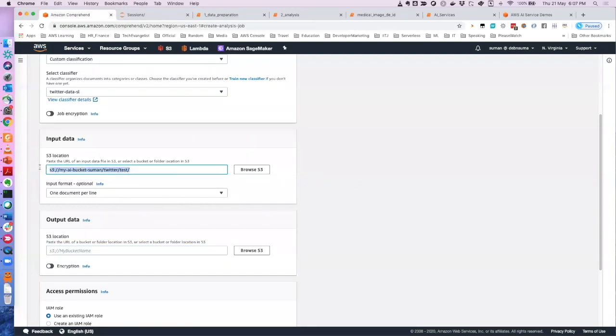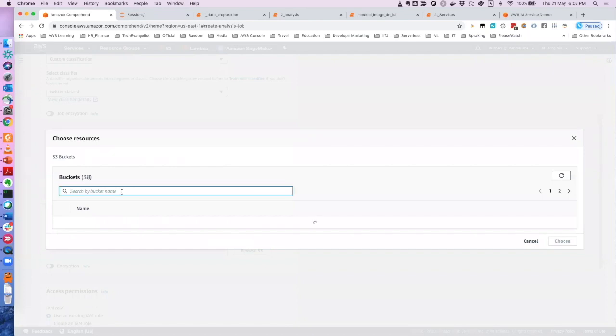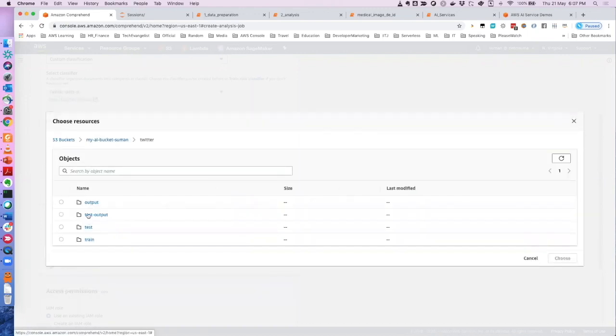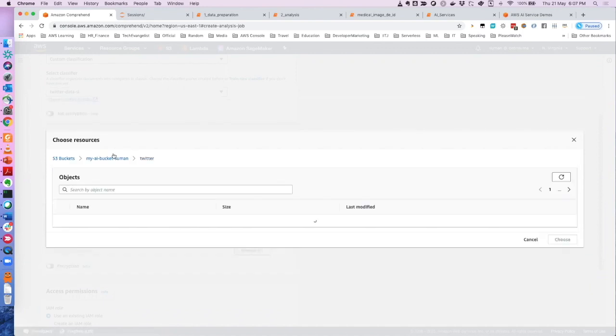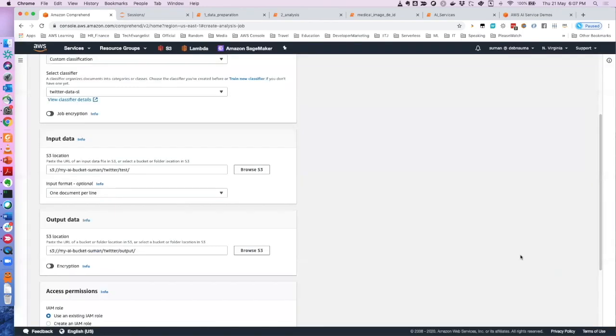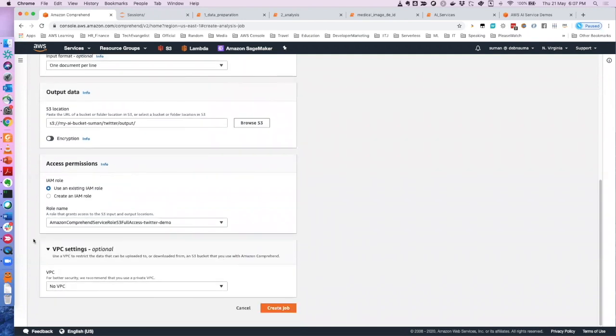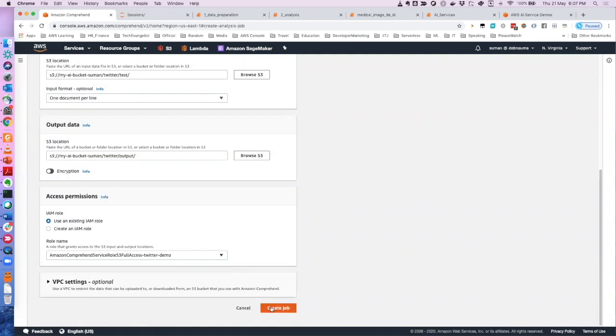So this is the data which is going to be tested, right? And after the testing is done, Comprehend will give a 0 or 1, whether every tweet is a follow-up tweet or a non-follow-up tweet. That result will be stored in this output directory, or the bucket. So you can select the right folder. So let's say output. Maybe I'll go back here and select output. That's all. And again, you have to give the IAM role. Once you select that, you can just click on create job.